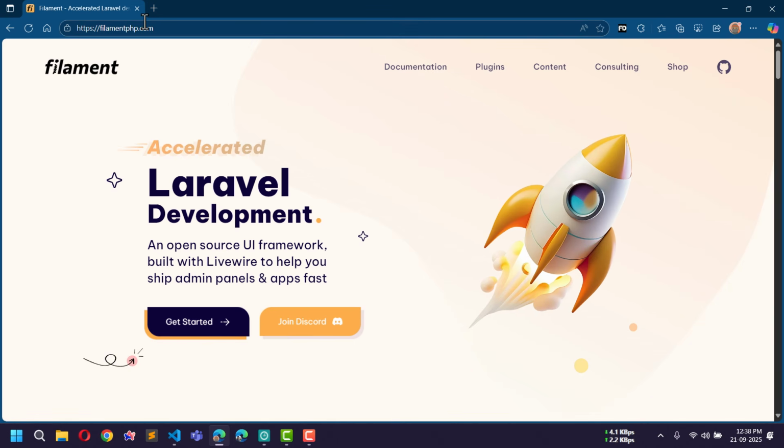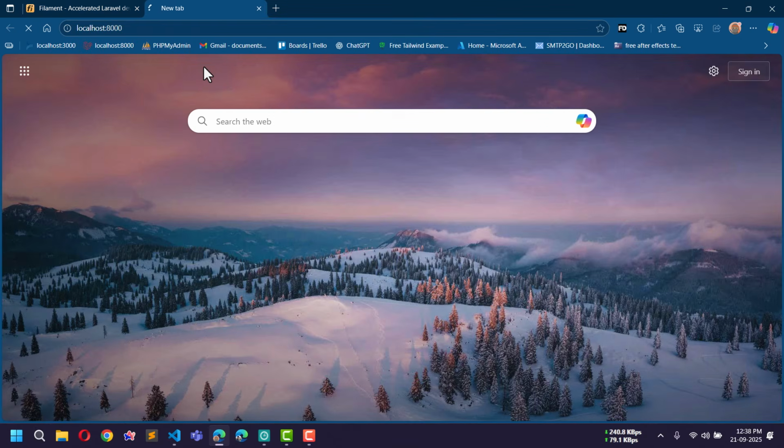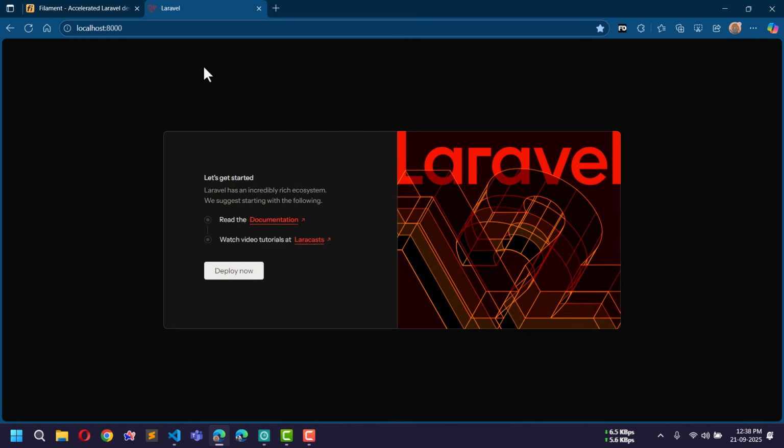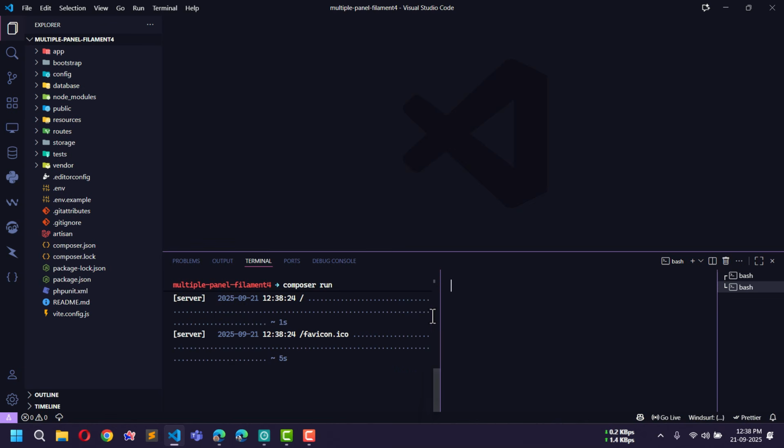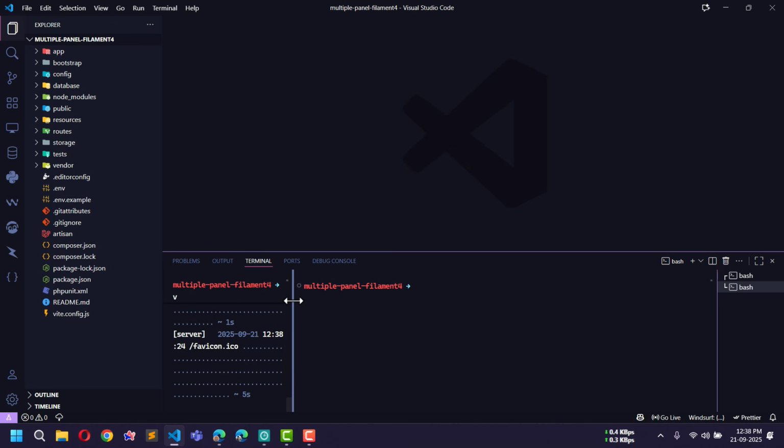Now let's go to the browser and open localhost:8000. Now this is the welcome page of Laravel 12. Okay, now next what I will do is I will split a new terminal, and first I will download